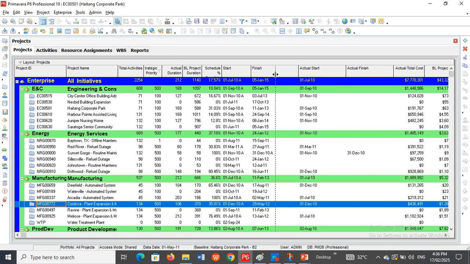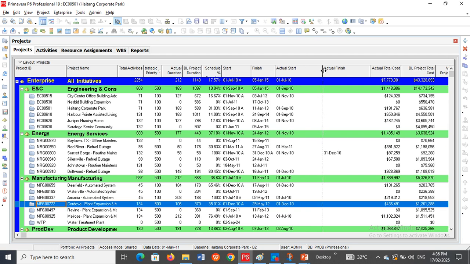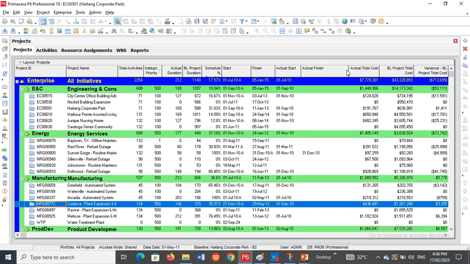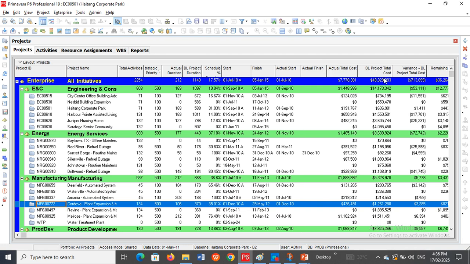So doing this for individual columns helps me to save a lot of space. So in that way,